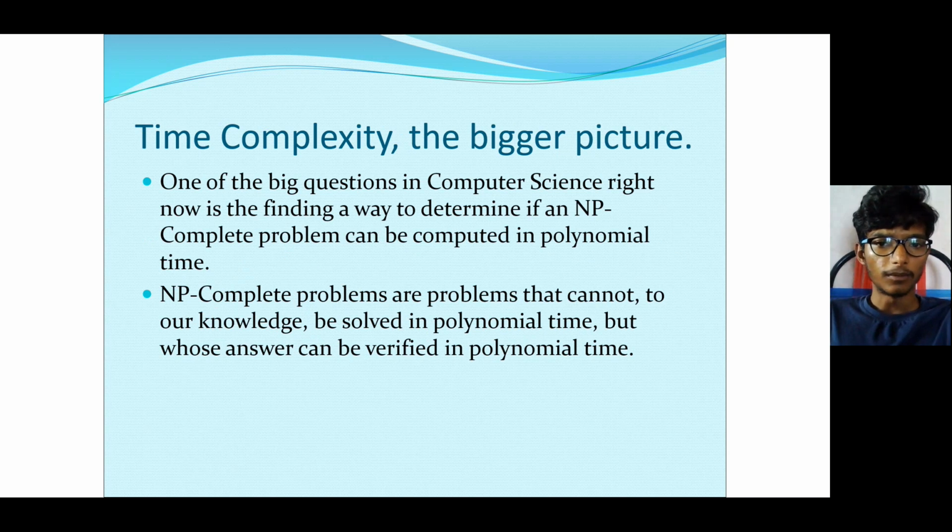One of the big questions in computer science right now is finding a way to determine if an NP-complete problem can be computed in polynomial time. NP-complete problems are problems that cannot, to our knowledge, be solved in polynomial time, but whose answer can be verified in